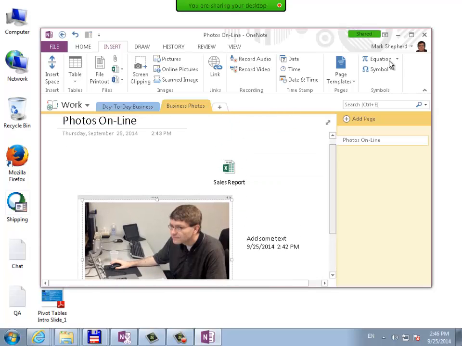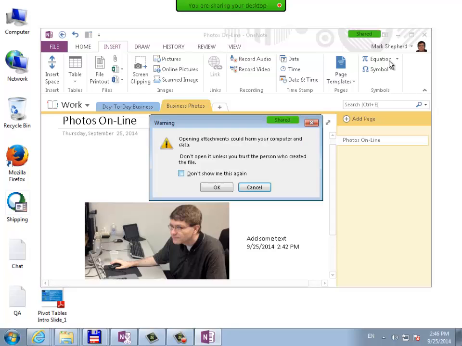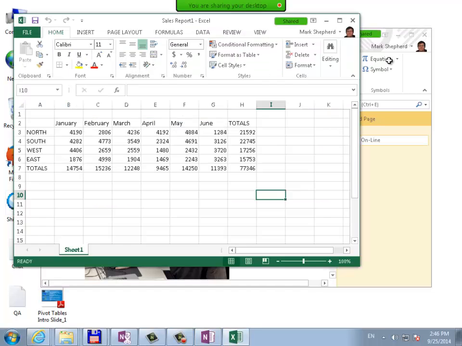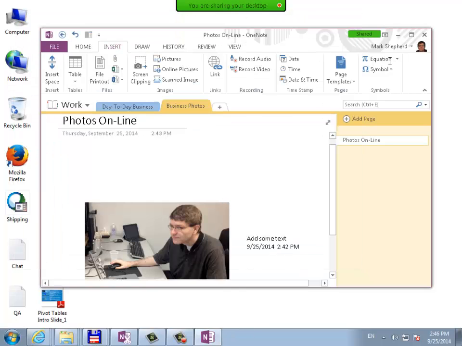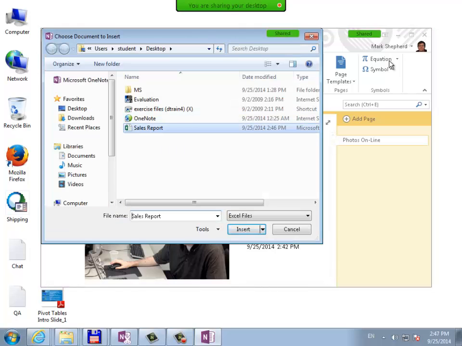When we have the attached file, this is simply a link to that document. So if I need to get to it, I don't have to worry about where it is. If I double click on it and click OK, it will launch Excel and take me into that document. Very nice. Now, if that doesn't work, I can always click on Existing Excel Spreadsheet, click the same sales report,